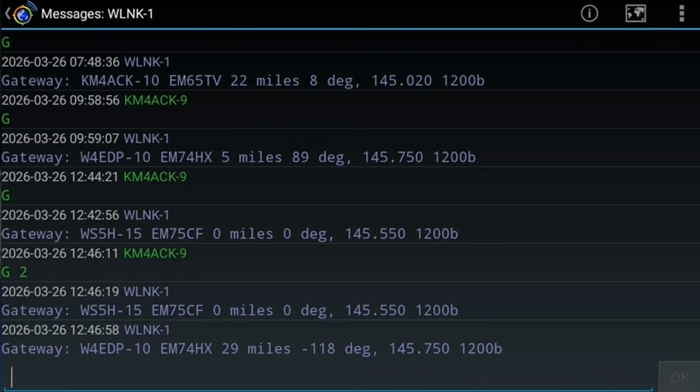Now, let's see if we can use this information to make a Winlink connection right here from the parking lot. Oh, I was mistaken. It did. It just took it a second, but there's the second gateway that came in. It looks like that one is 29 miles away. Well, obviously, I'm going to use the one that's 0 miles away, that